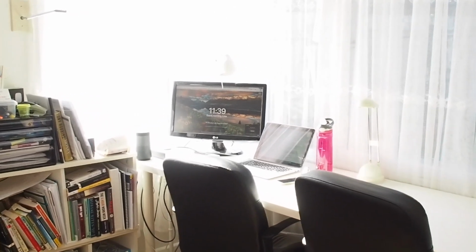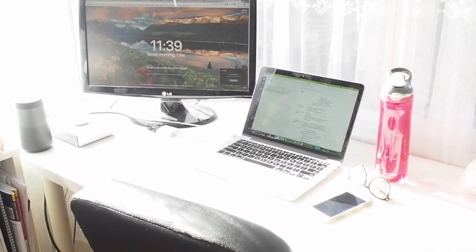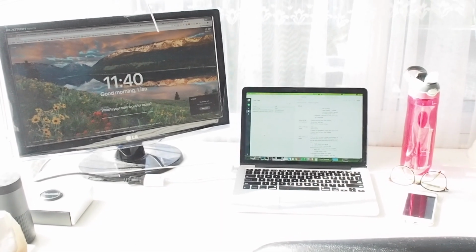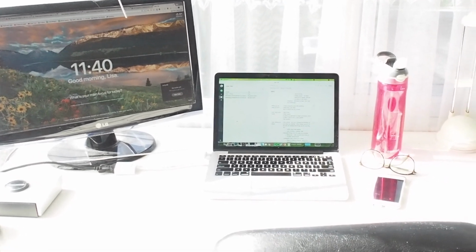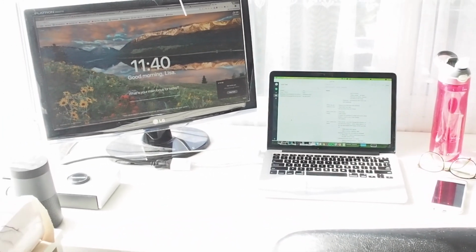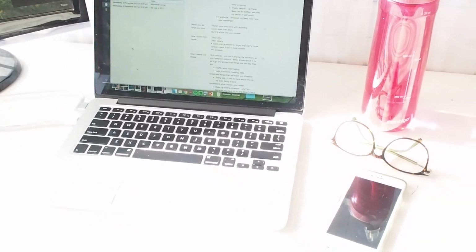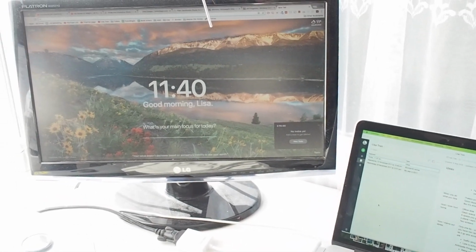So the first thing that I think is really important to me is just having a clean working space. The light is really strong right now, which is awesome because it's winter and it's quite cold, but the sun's out, which is great. This is as simple as it gets. This is my desk. I keep it as minimal as possible because I just don't like having clutter. I feel like having clutter means a cluttered brain. So I just keep what I need. What I've got is just my laptop in front of me, my phone, a water bottle, just if I need to sip on anything,